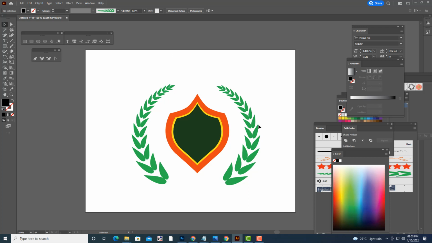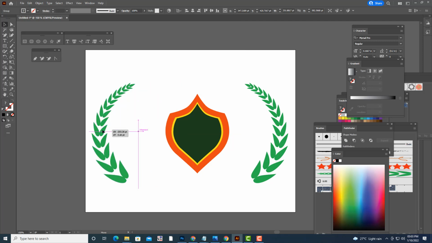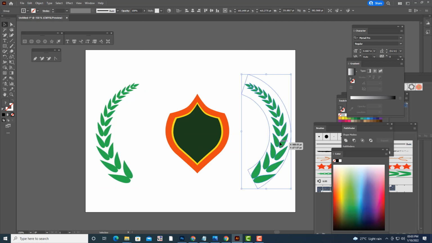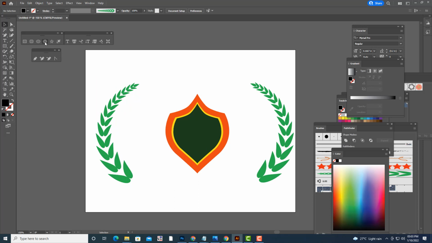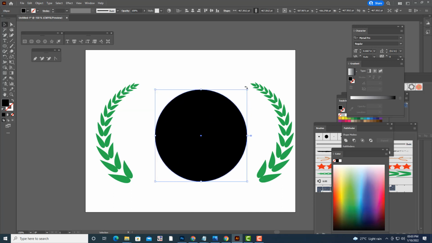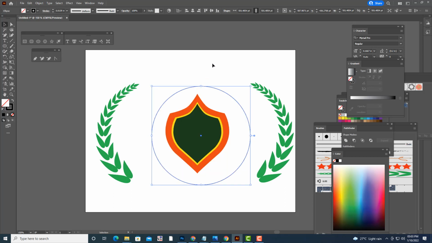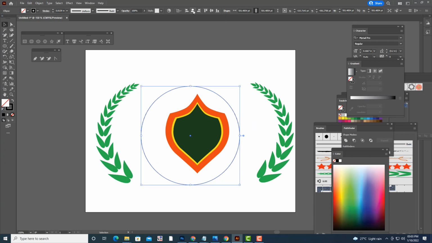What you'll do is you will actually keep these things a distance here. Then we'll just take a outline, we'll remove the fill, keep it exactly at the center of the document like this.